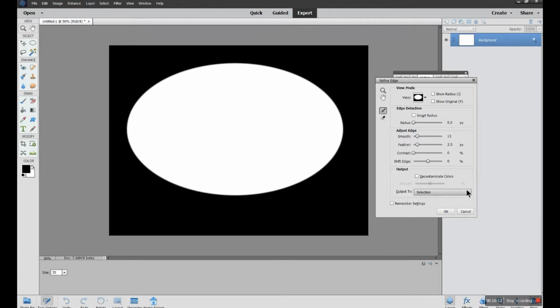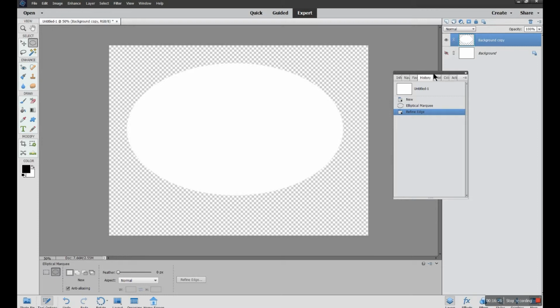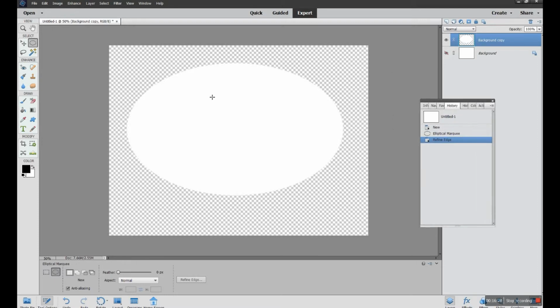And the selection, I'm just going to say new layer. Okay, new layer will create a layer above my background, so I'm just going to click that and say OK. And now you can see that I've got a white elliptical that I created just now with a transparent layer behind it, and at the moment that transparent layer doesn't see anything because my background layer, which was white, is